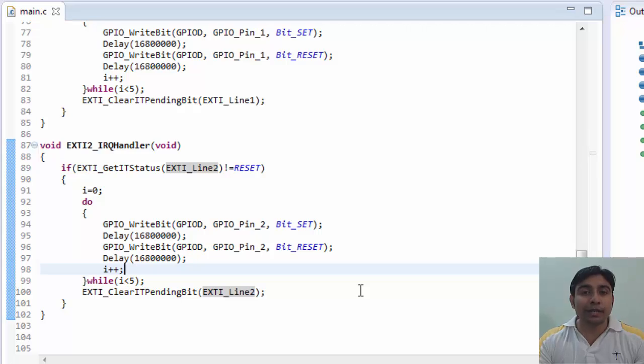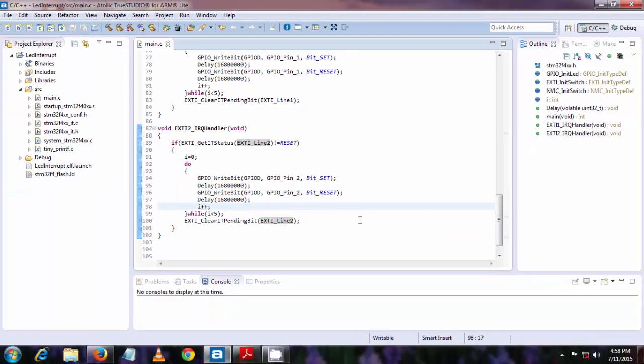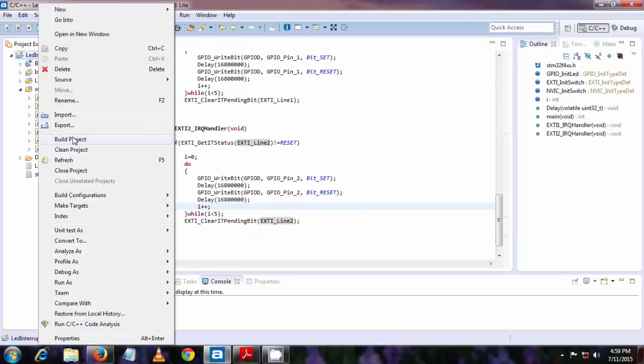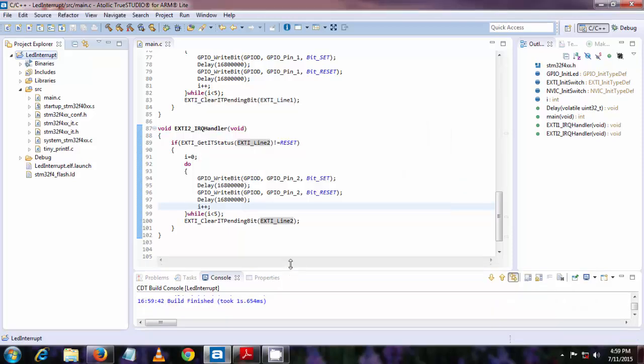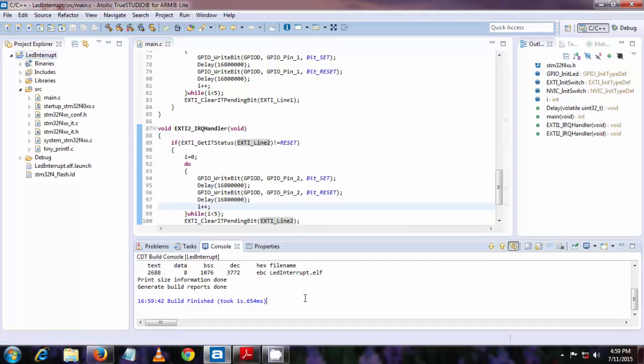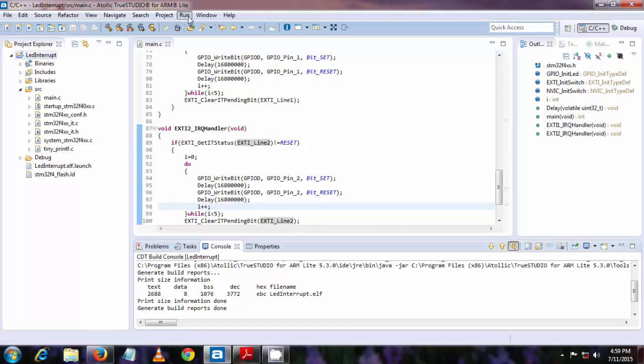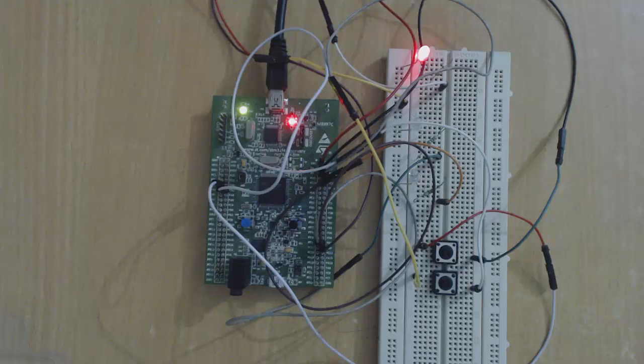We can now build this and run it on the discovery board. So let's do that. Okay, so now our new code is running on the board. You can see that LED 1 is blinking continuously.